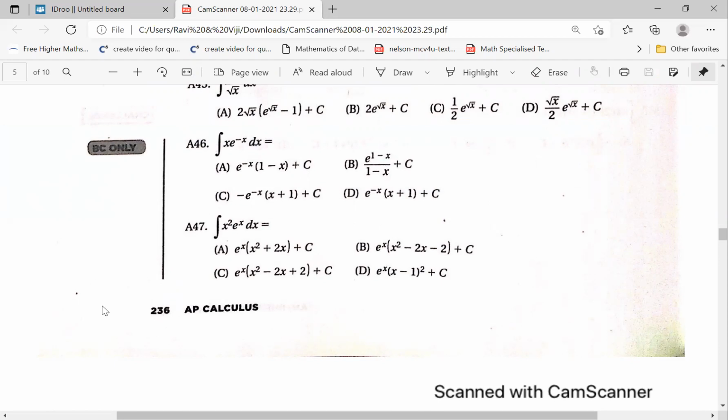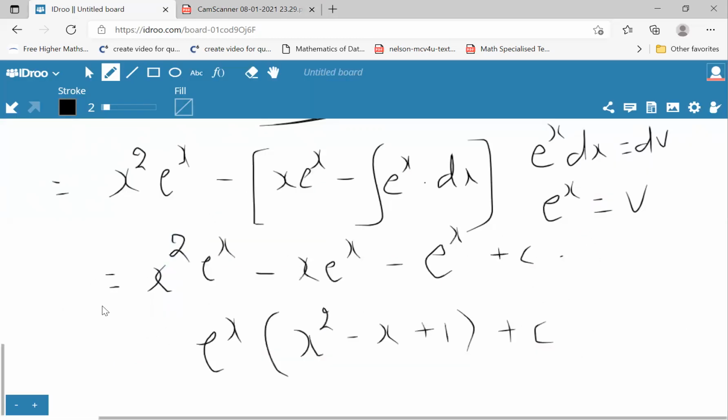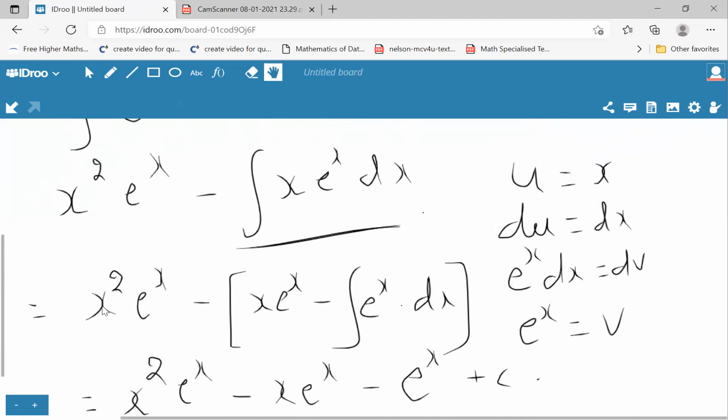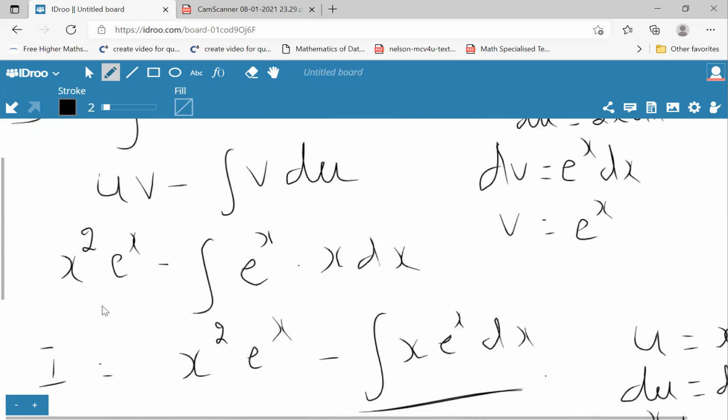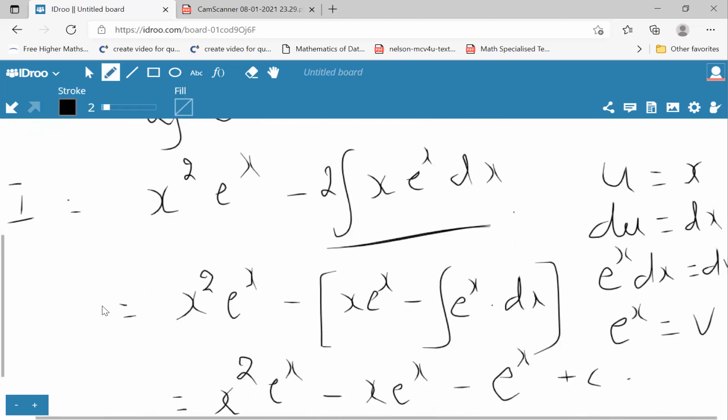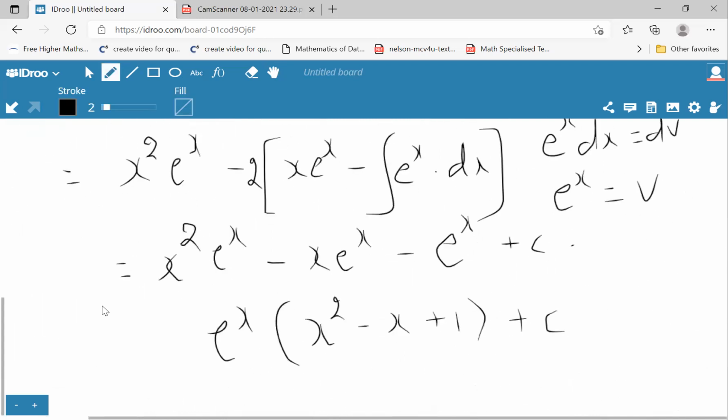We can see that it is going to be x squared. I think I missed a 2 somewhere. Oh yeah, I missed a 2 here. So du is 2, right? So I missed a 2 here. It should be 2 here. So 2 outside. So when you take this, you get it as 2x e to the power of x, or you get it as 2x plus 2.